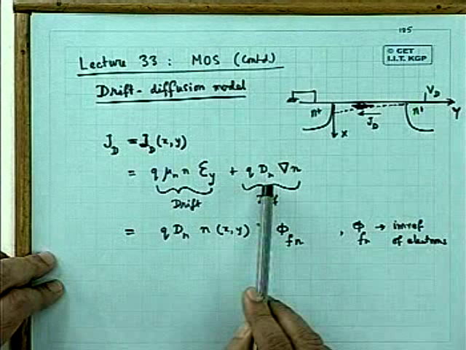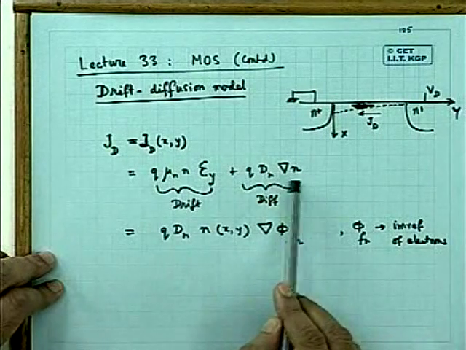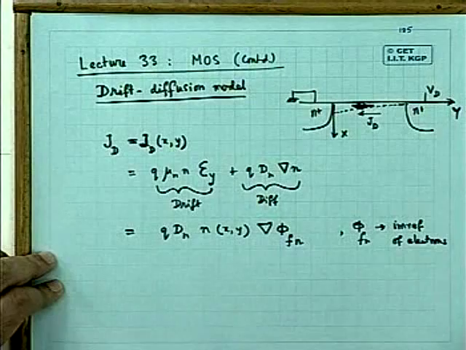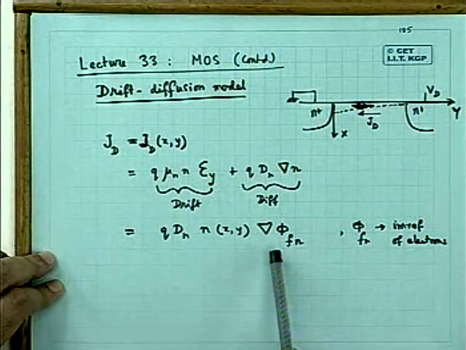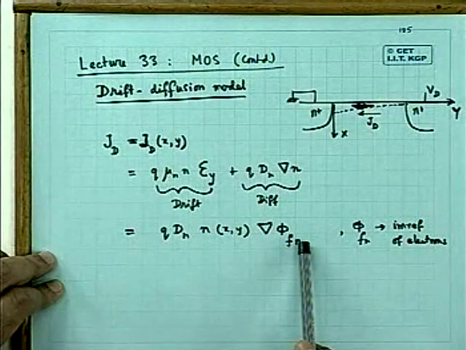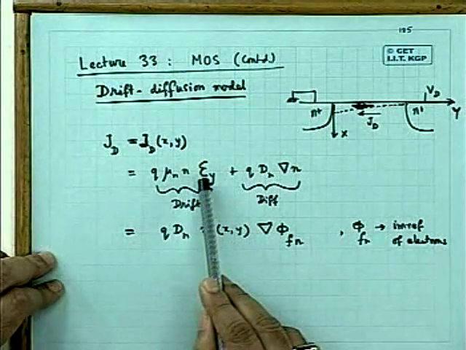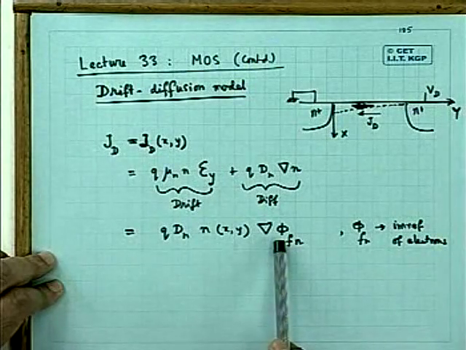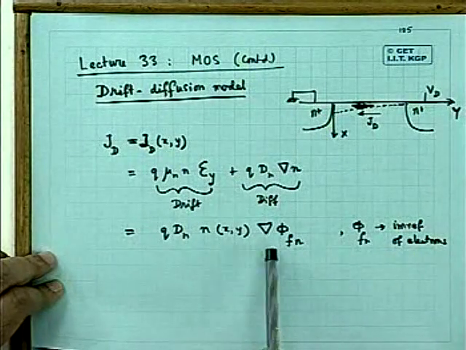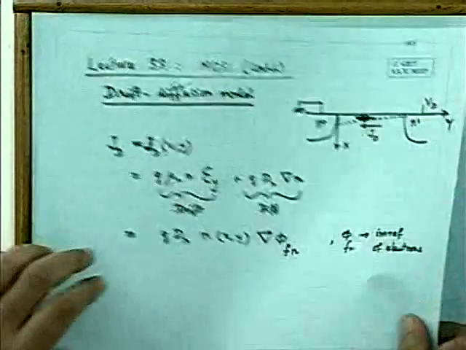I told you that JD, combining these two terms, can be expressed in terms of the Fermi potential gradient, called the electron quasi-Fermi level gradient. This is the potential gradient, EY is the potential gradient, and this is the Fermi potential gradient. And taking this into consideration,